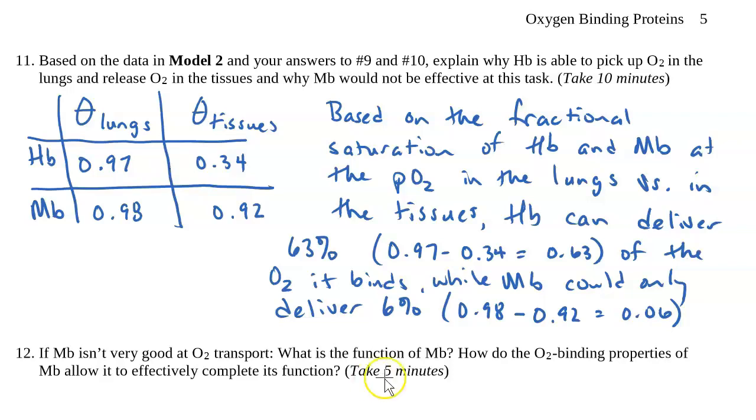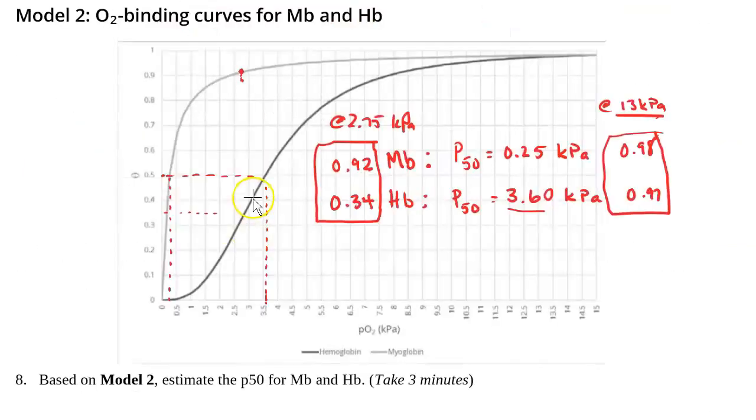I'm not going to write a sentence here physically, but let's just talk about it. What is the function of myoglobin? You want it to be able to store oxygen or accept the oxygen that's present or that comes from the hemoglobin so it can be stored there for later use. So it binds it more tightly than hemoglobin. If you look at the curve again, at the pressure that we're talking about in the tissues, the pressure in the lungs was 13.75, so that was in this area, and the pressure in the tissues was 2.75, so that's in this area. The hemoglobin binds a lot and can then release it.